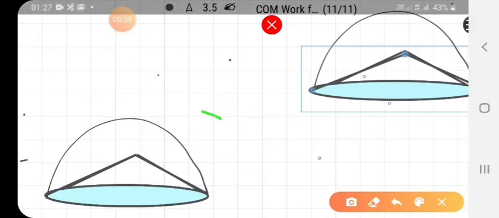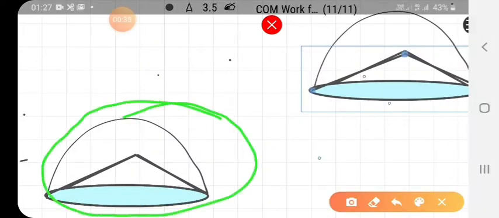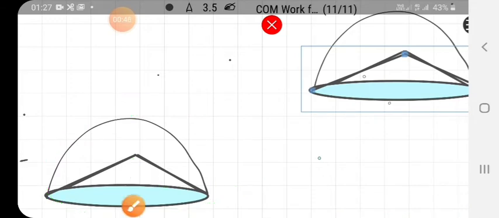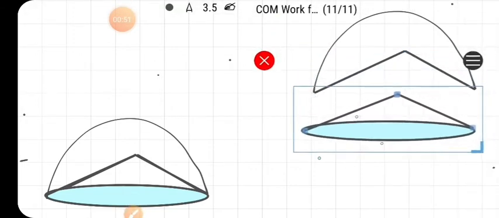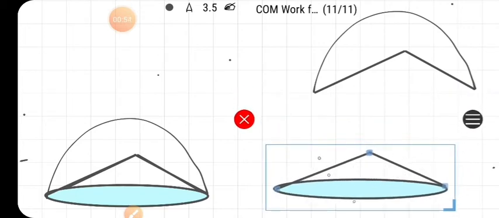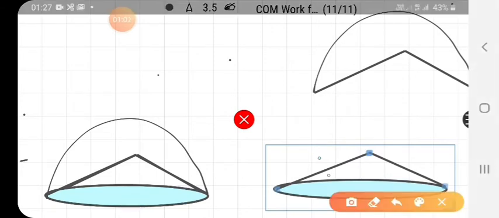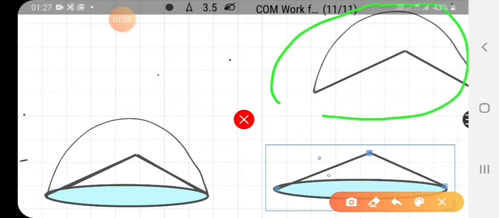See, this was our hemisphere, the whole hemisphere was there. The radius was r, and from this r by 2 radius we scoop out a portion. Suppose this was my hemisphere. Then from this hemisphere, what we do? We have scooped out some portion, the cone has been scooped out. So whatever the remaining portion is, now we need to calculate the center of mass of this remaining structure. So we'll see how this remaining structure has been formed.